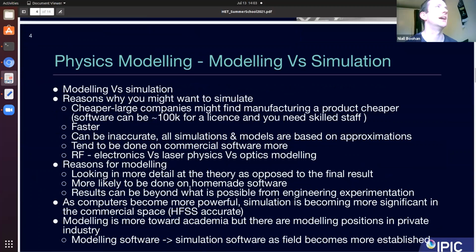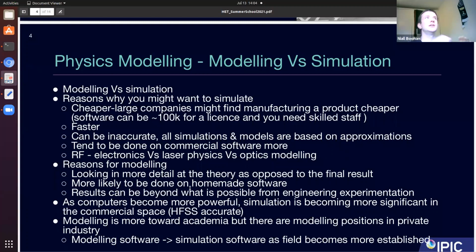Physics modeling. A good way to think about it, something I found useful, was that I used to hear people say, oh, that's a model and that's not a simulation. I always thought they were kind of the same thing to begin with, but a model is generally more simple, where you might just be looking at one parameter at a time. Generally in a model, you want to understand everything that's happening in it, and it's quite a bit more simple,